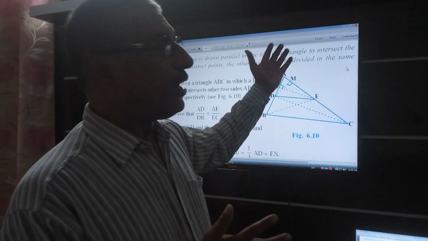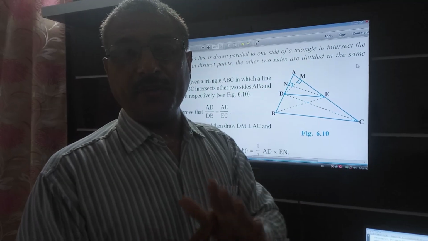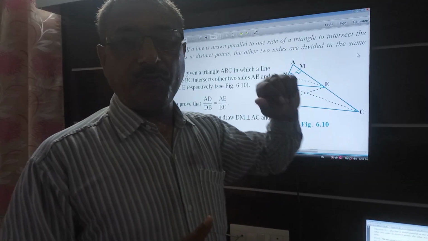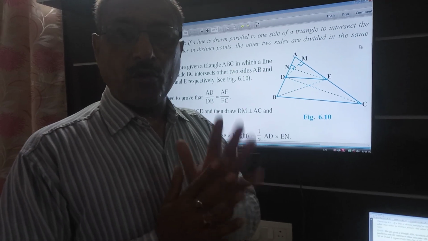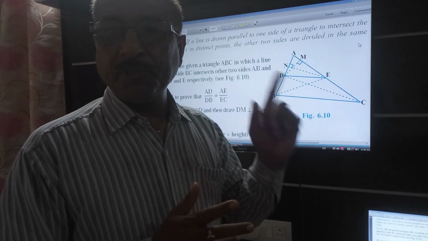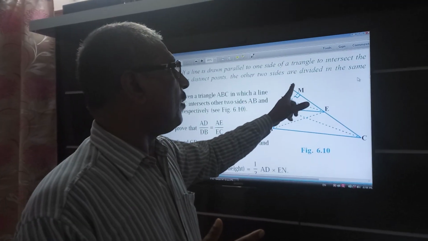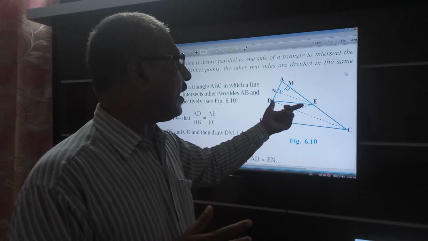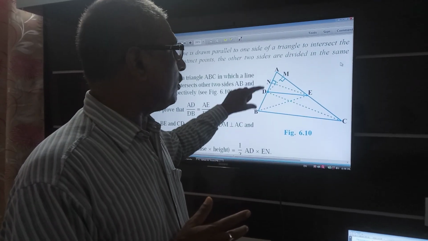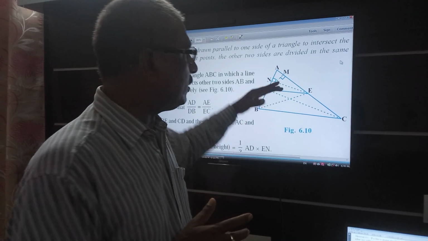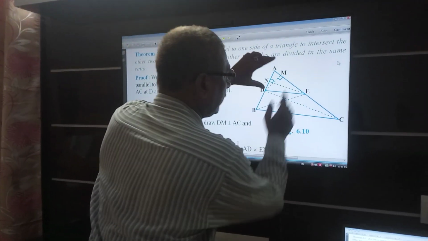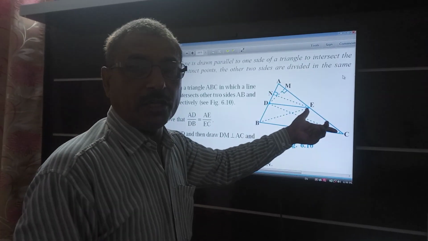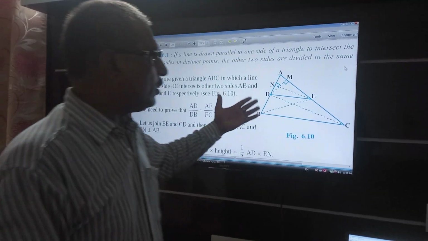We have just seen the last chapter in the syllabus where we left off, that is chapter 6. I'm going to explain again the basic proportionality theorem, which is also known as the Thales theorem. Do you know what Thales theorem and the basic proportionality theorem are? If you have been given any triangle ABC and you draw any line parallel to the base, then this line will divide the triangle's sides into two ratios which are equal. That means if this line is parallel to this one, then the AD and DB ratio is equal to the AE upon EC ratio. Got it, children? So this is the basic concept.